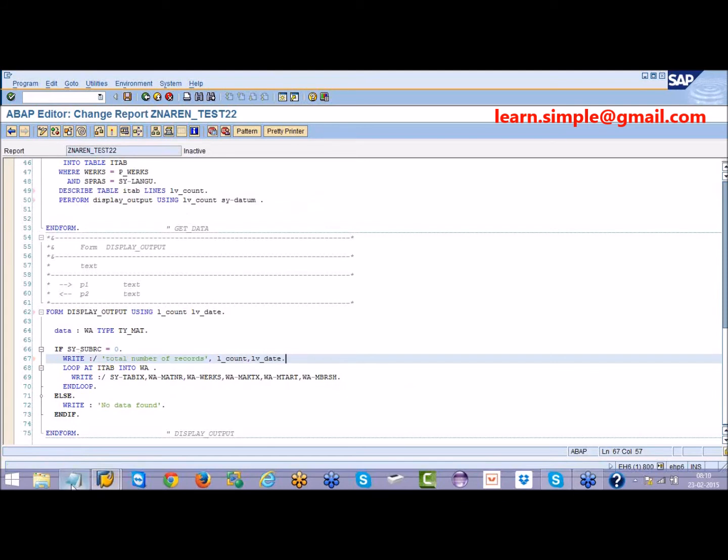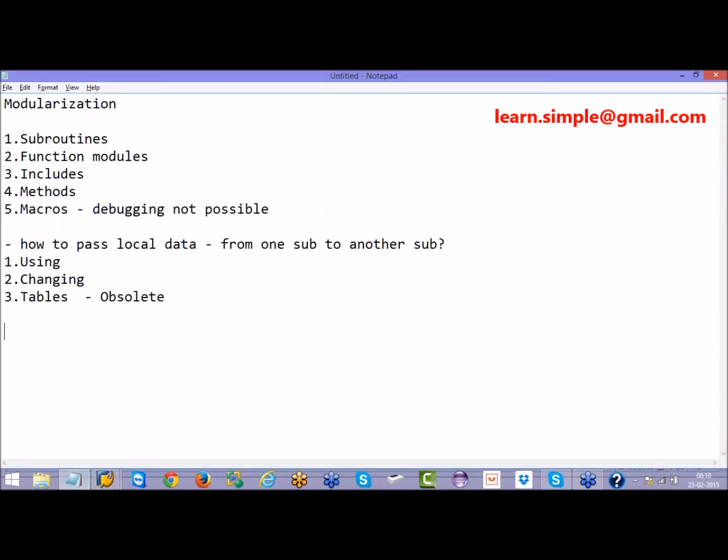So one important point here, theoretical point again. We have some parameters which are declared with the perform statement. So I'll say the parameters which are declared with perform statement are called actual parameters.